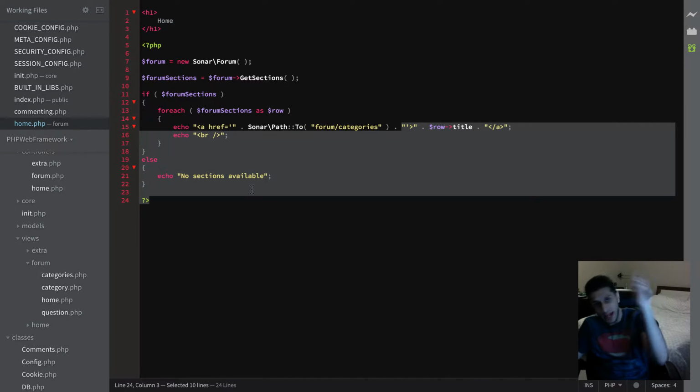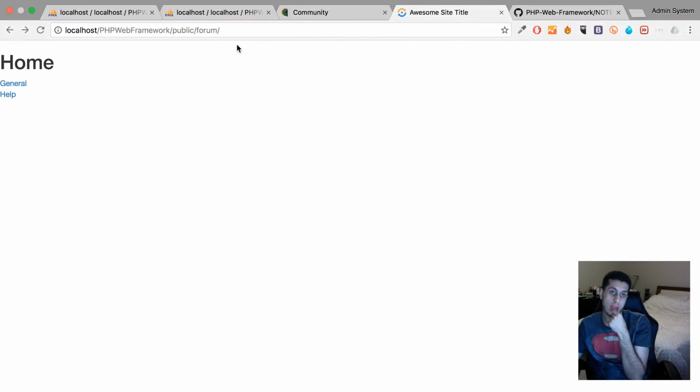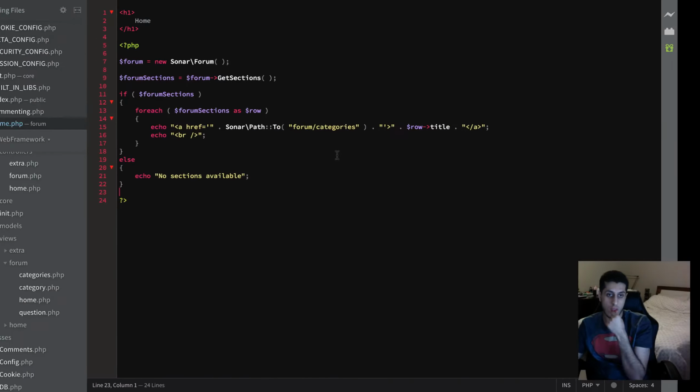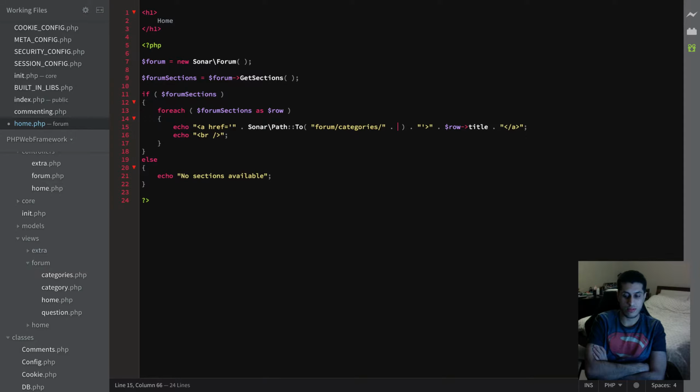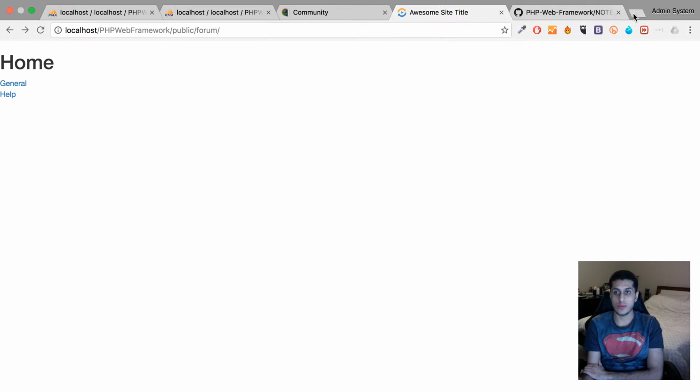Now we need to actually pass in some sort of parameter. It'll be a GET parameter. So instead of just categories, we need to put a slash, and in here we need to actually append the, depending on how you want to do this, you can put an ID. The reason I'm thinking about this is if we go to,